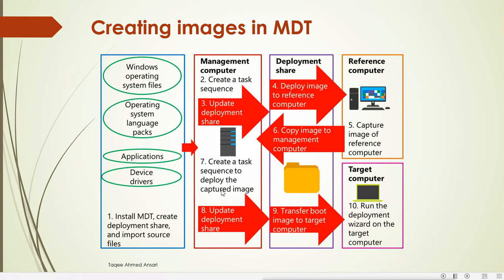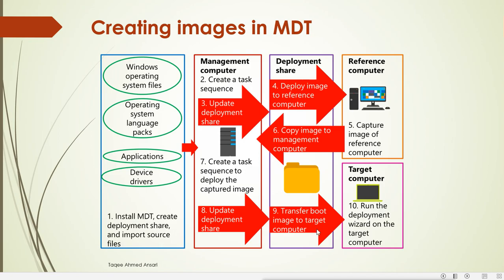So first you can capture the image of the reference computer, and for capturing it there is an option there. It is asking whether you want to capture it or not. When you select capturing, it will capture the image onto your server, and then you can use that image to deploy to other servers. You can deploy other machines with the same settings as that reference computer.